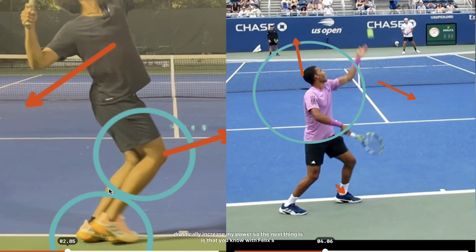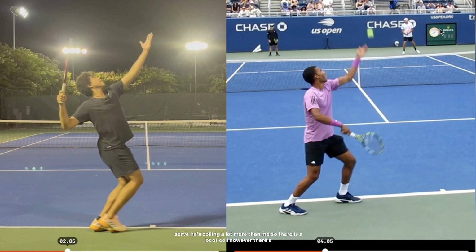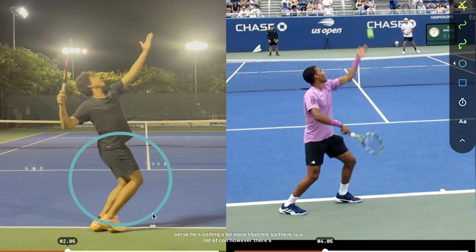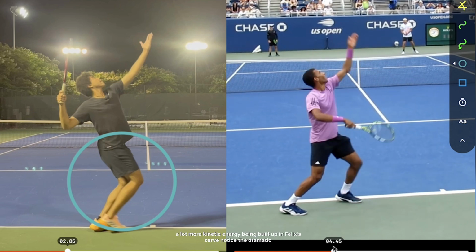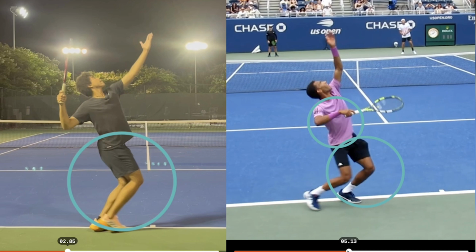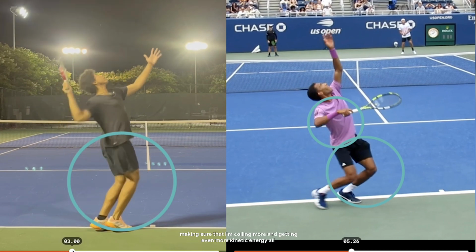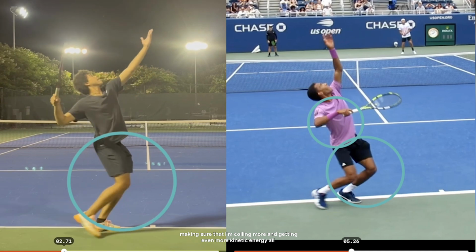drastically increase my power. So the next thing is that, with Felix's serve, he's coiling a lot more than me. So there is a lot of coil. However, there's a lot more kinetic energy being built up in Felix's serve. Notice the dramatic turn and coil that Felix is doing. So that's one thing that I could work on, is making sure that I'm coiling more and getting even more